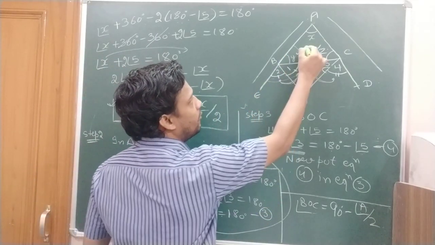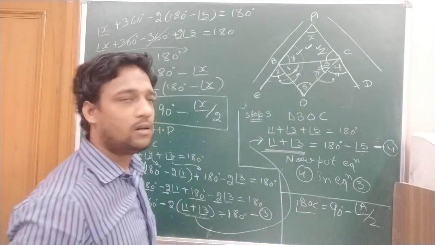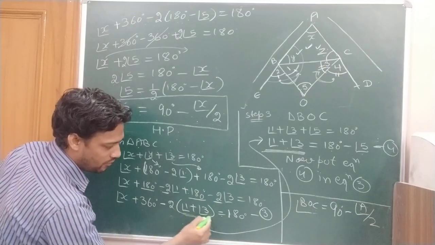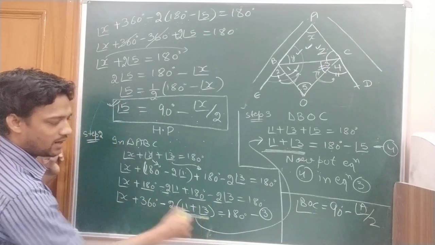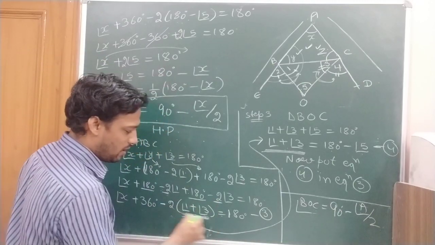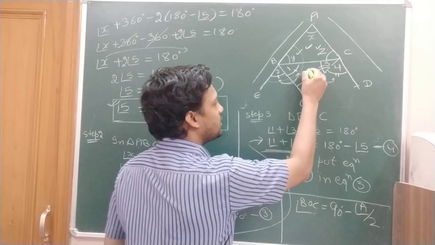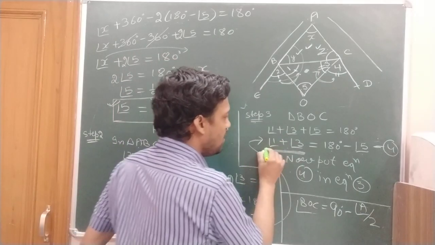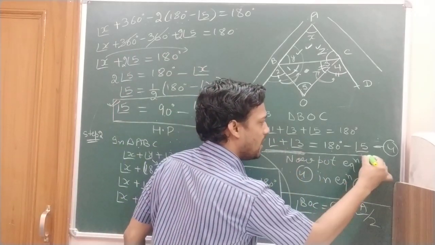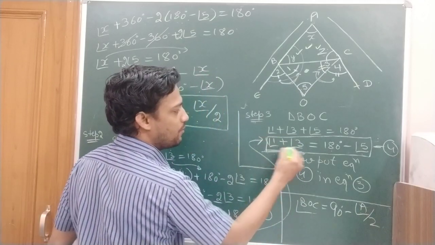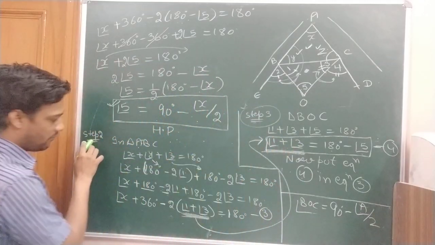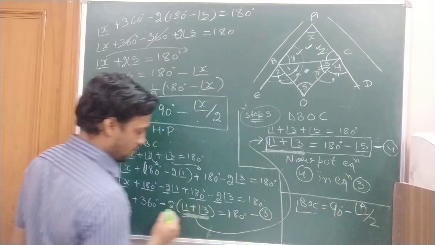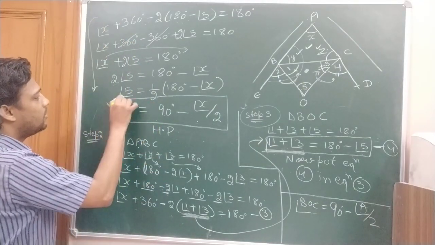Then, after that, we have used this triangle ABC, the upper triangle. From here you have formed this equation in which you have taken the common minus 2 and made angle 1 plus angle 3. And from where do you get the value of angle 1 plus 3? From the third step, in which you use the lower triangle. Now put the value from step 3 in the step 2 equation, means put equation number 4 in equation number 3. After solving this calculation, you get the result.